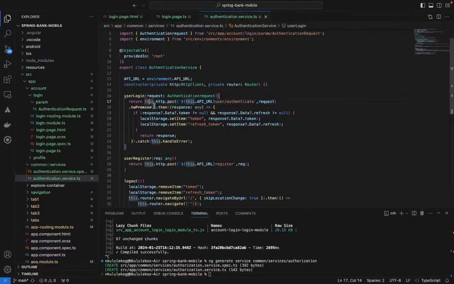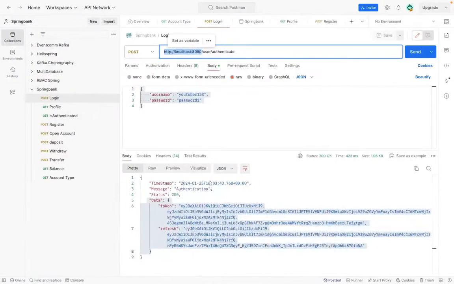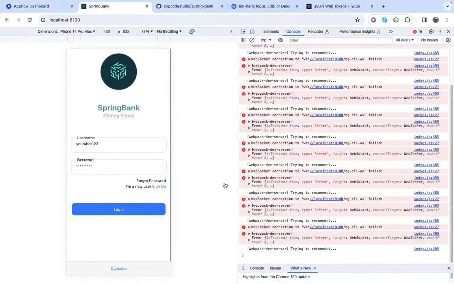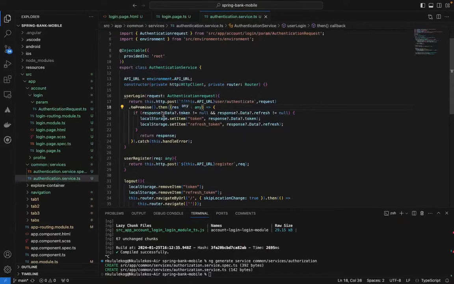And then we say, then give us the response, and we don't know what the response looks like. It can be anything, but because the API calls are generic, they have time, message, status, and data, we are able to say, okay, in this response we know this data, and the data has token and refresh. That's basically what we have in the API. So we want to say, if the response data token is not null, which means we do have a token, and the refresh token is not null as well,